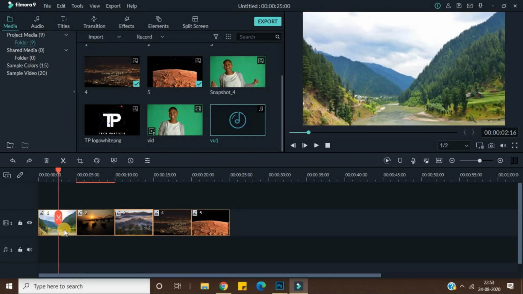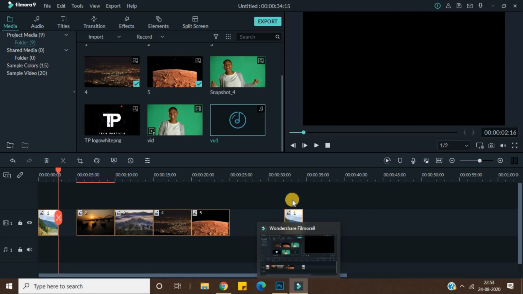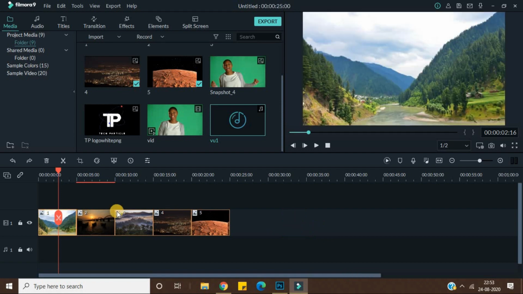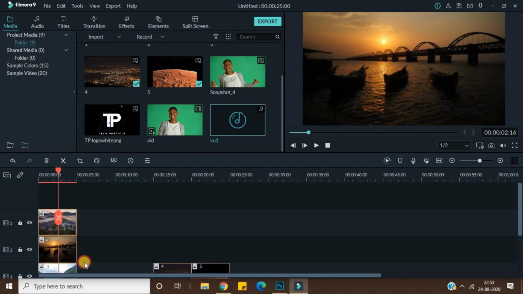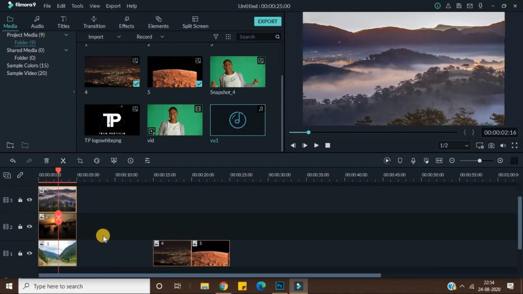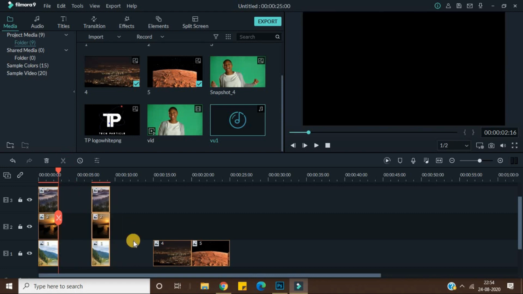Let's suppose I want to cut or split this particular part from here. I can just click there, and as you can see, it is completely split from the original image. Another case: suppose I have more than one or two images like this and I want to split all of them at once. One thing I can do is select them by pressing Control and clicking on them, and then I can split them.